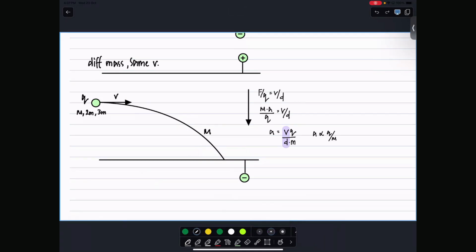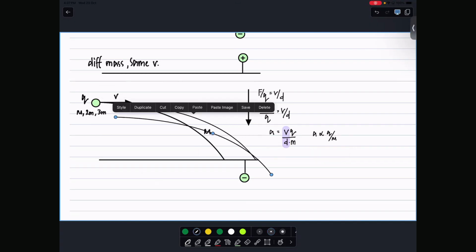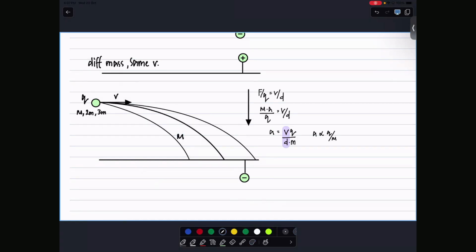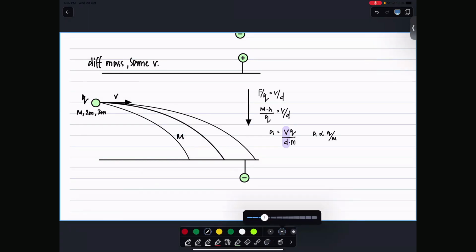Can you tell me, would 2m go further out or closer in? Yes, very good. So it'll go further out. And the smaller the mass, the closer it will be. So what's the reason? Can anyone explain that to me? Why is it that the path changes because of mass? Because we learned in our gravitational field chapter, like AS projectiles, mass didn't have a factor. So why does mass now have a factor?